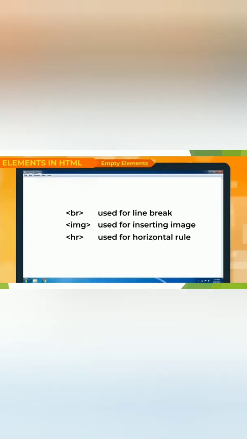There are three empty elements. First is BR, which means break a line, used for breaking a line. Next one is the image tag, which is used for inserting any type of image. And third one is HR. HR means horizontal rule. It is used for a horizontal line.